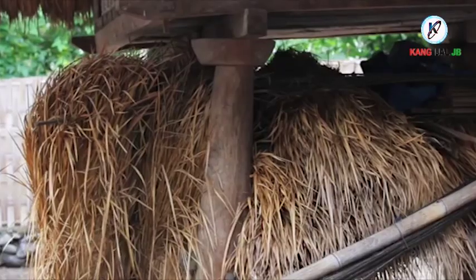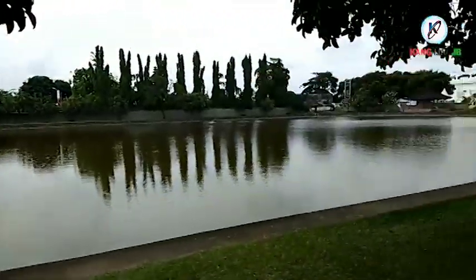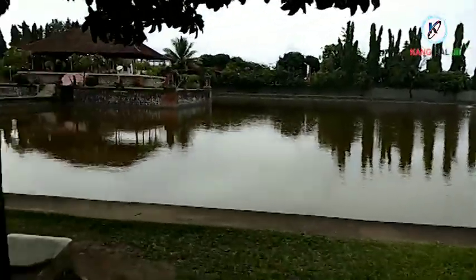There are 5 historic sites on the island of Lombok, and now they are tourist spots that are visited by many